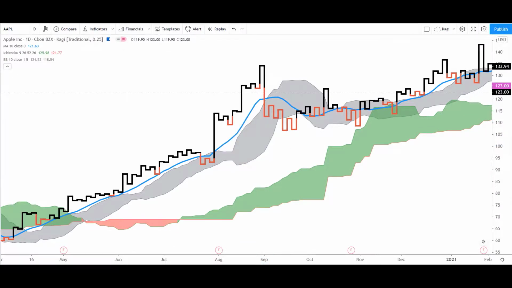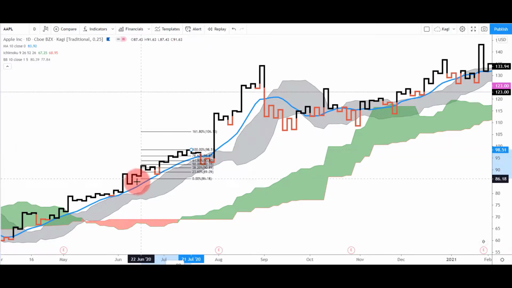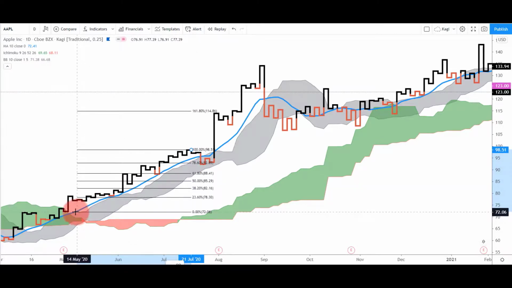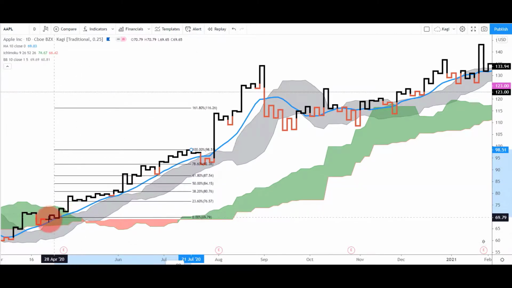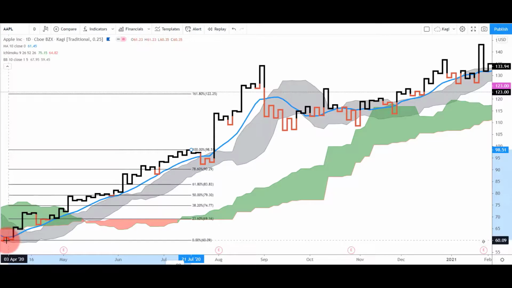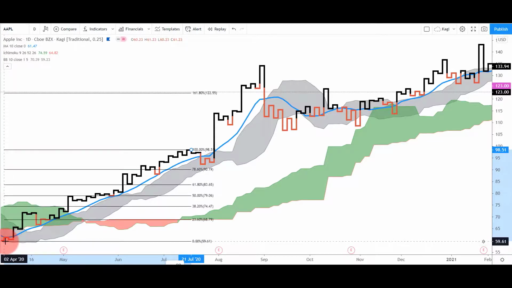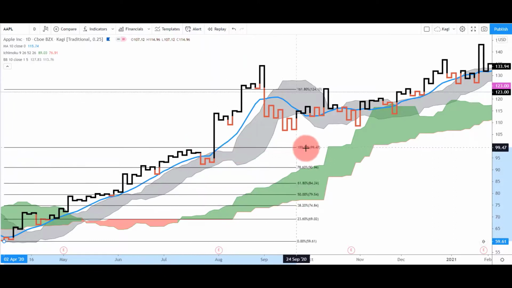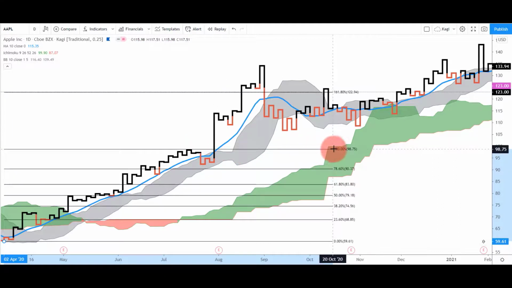Secondly, we're going to look at Fibonacci. So we're going to find our Fibonacci lines. We're going to find the low and the high, and remember we're coming in here, so the high really is this point here, and the low, well, we have got lows here where it turned around, so let's pick that as our starting point. Let's drag those lines out,